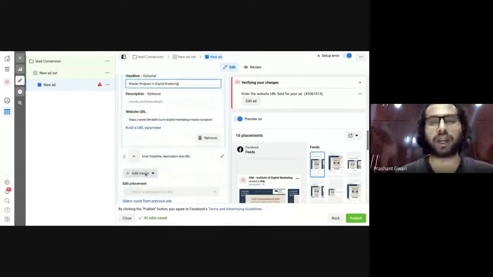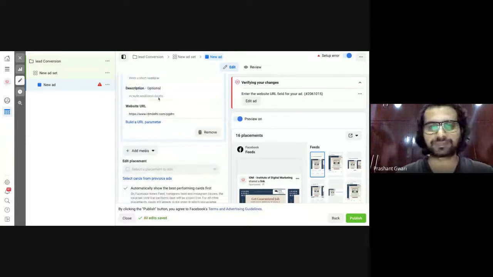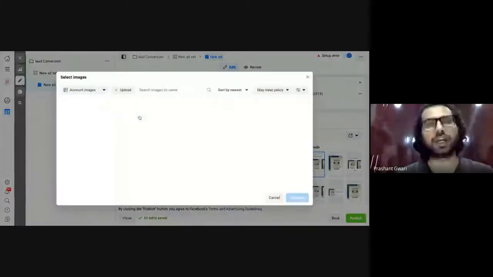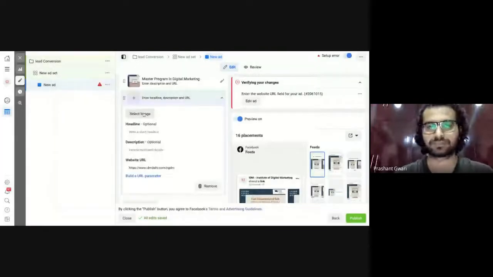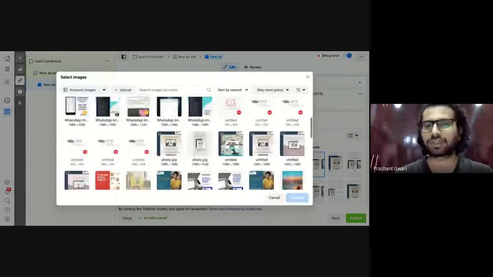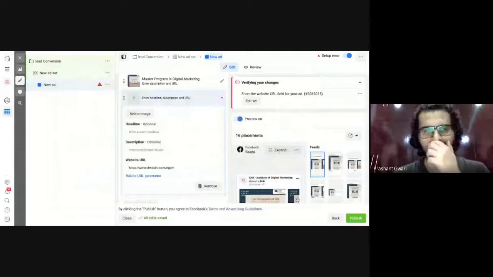Let's say I have a third course, social media marketing, something like that. So I will click here on the link button, click here on the select image option and upload the third image of a third digital marketing course I am providing. And let's say the course is social media marketing. Just give it a few seconds and the image will appear here, and I can upload a new image. Let's say this is the image of the social media marketing campaign. I will upload this image here.